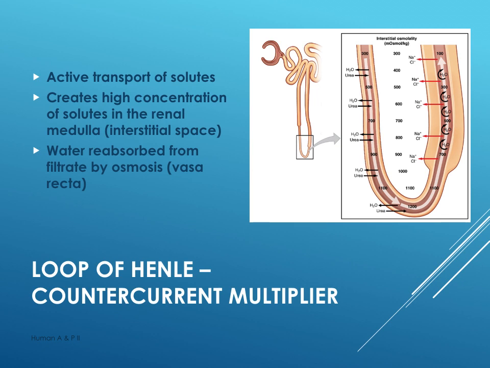And as water moves out, urea is going to move in. So there's transport of these things going on. But then in the upper loop, you are actively transporting sodium out. And this water is going back into the blood, and then the sodium causes the accumulation of